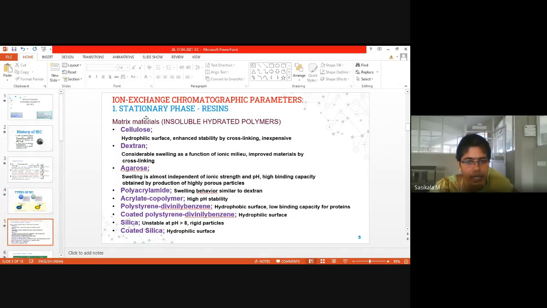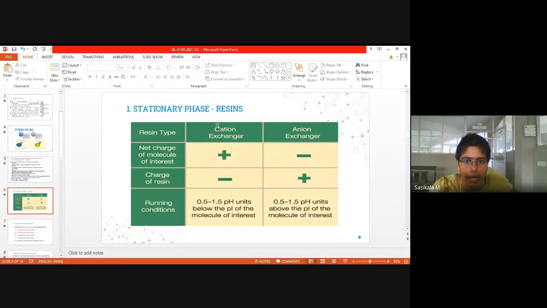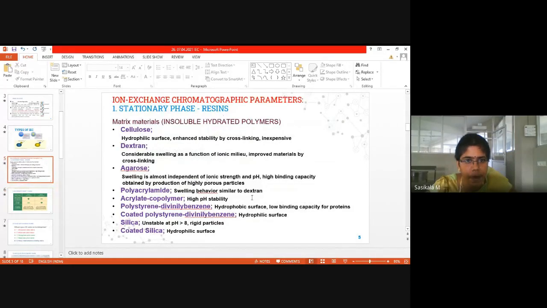Now we'll see the stationary phase selection. Stationary phase will be having an inert material that is called resins, and this resins will be coated with cation or anion exchanges, buffers. It will be coated with buffers, and the actual principle is partition. Principle of ion exchange chromatography is partition. Since buffer is coated over stationary phase, that acts as liquid, and mobile phase is also liquid. So liquid chromatography it is.